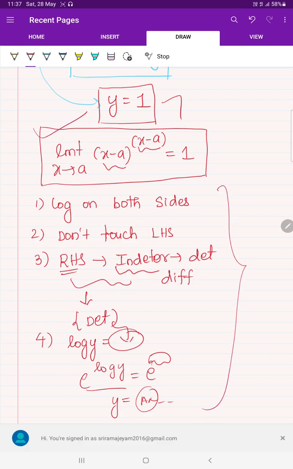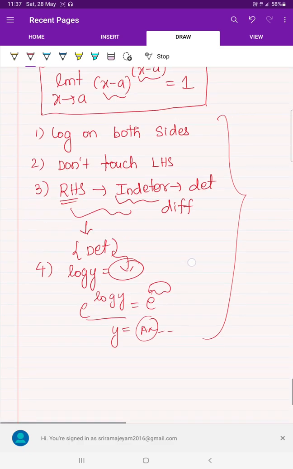I hope you all got a clear idea about this question. Now I am going to give one question as homework. You can try that question once. First apply your common sense, try to figure out whether it is possible or how to bring the answer for this question. The question is,